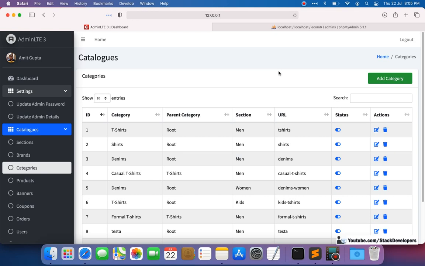There can be many persons who are going to handle the different modules. It happens in big companies, like the products module given to three or four persons, and the orders module given to some other person. So we need to make this feature in the admin panel, so that they can use it with the help of subadmins.